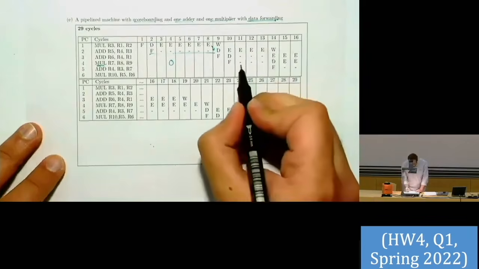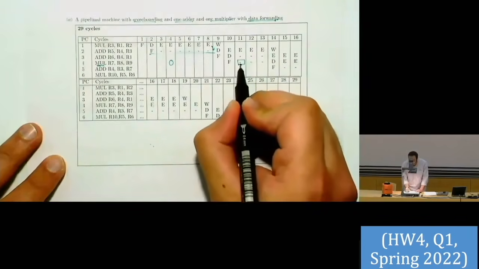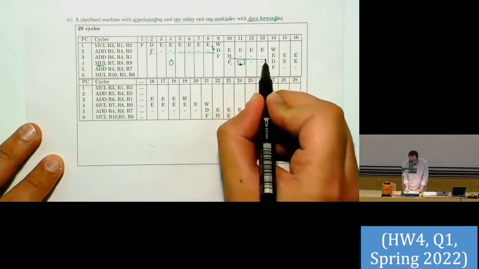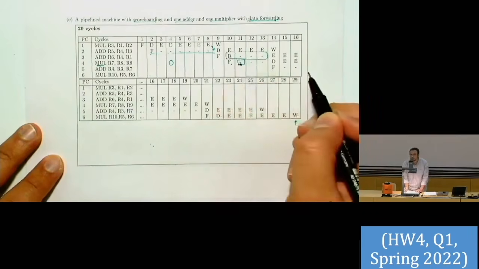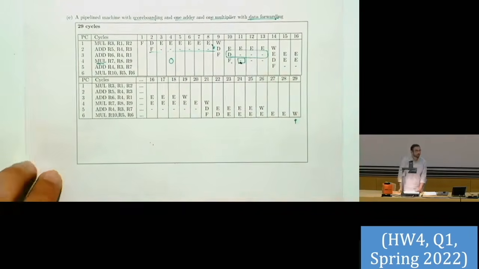Cycle 11 here. So you're asking why this stalls here? After fetch, it needs to go to decode, and the decode is busy with this here. Any other questions? No? Okay. Then we can go for the